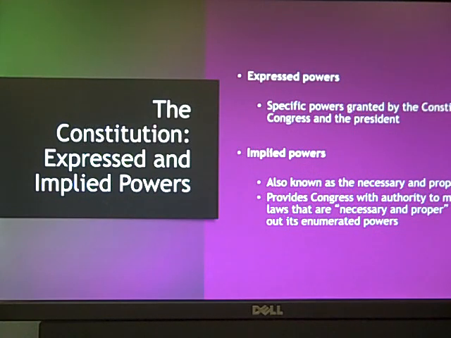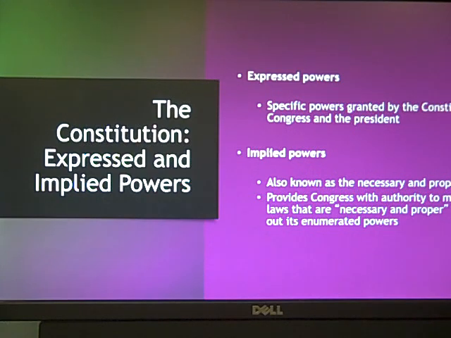But there's a specific list of those things that government can and should be doing listed in Article 1, Section 8. And those are what are called express powers. Express powers are things directly stated in the Constitution. And the alternative to express powers are implied powers, right? Those are things that we basically say are necessary and proper to carry out the roles and responsibilities of the Constitution without actually being in the Constitution, right?